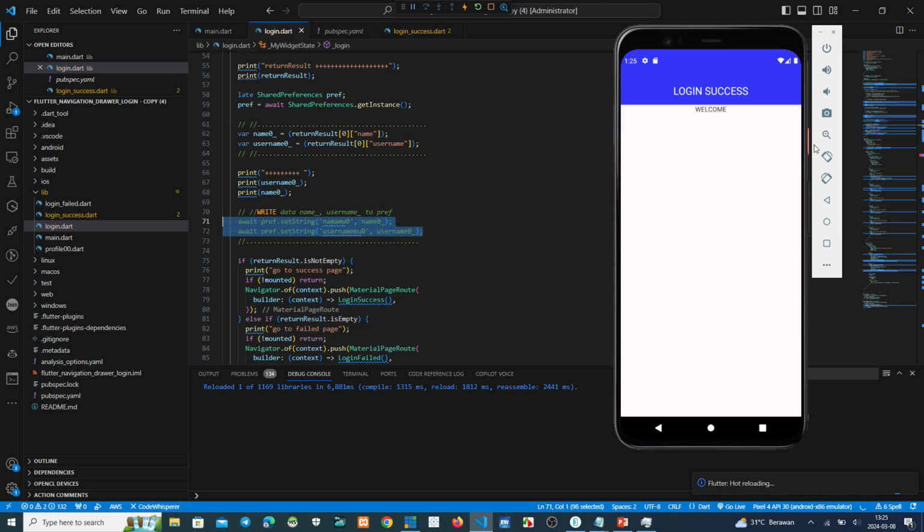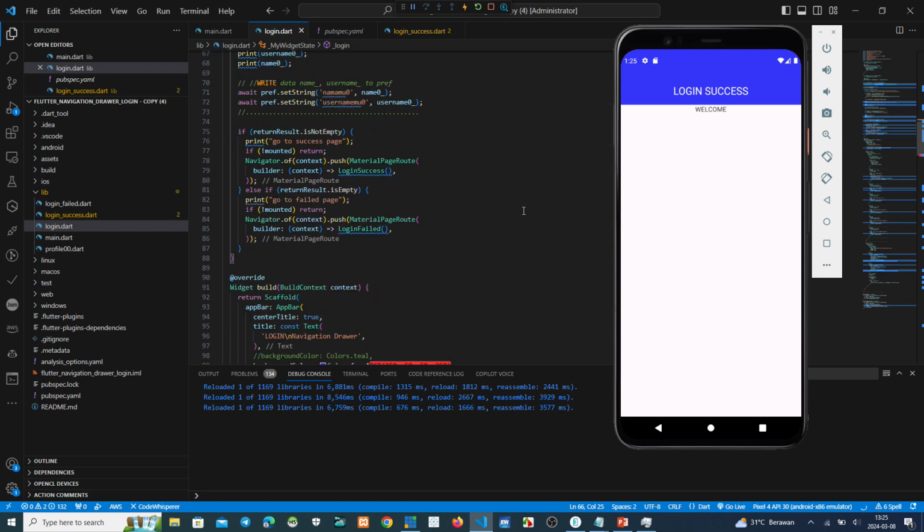See, write name 0, username 0, this one becomes name 0 and username 0. This is a new parameter to shared preference.